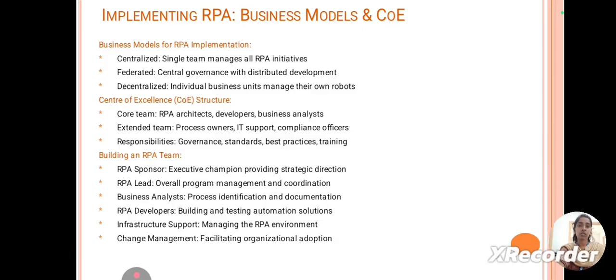Center of excellence. Core team: RPA architects, developers, business analysts. External team: process owners, IT support, compliance officers. Responsibilities: governance, standards, best practices, training. Building an RPA team: RPA sponsor, executive champion providing strategic direction; RPA lead,